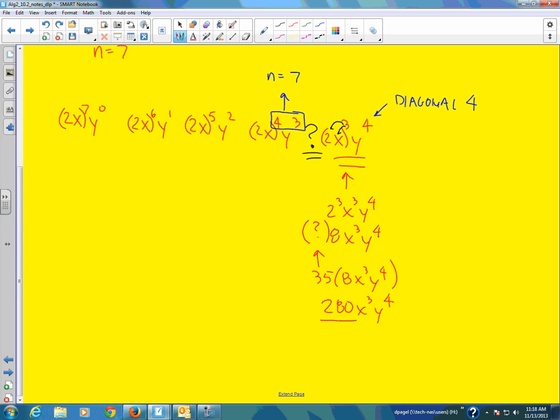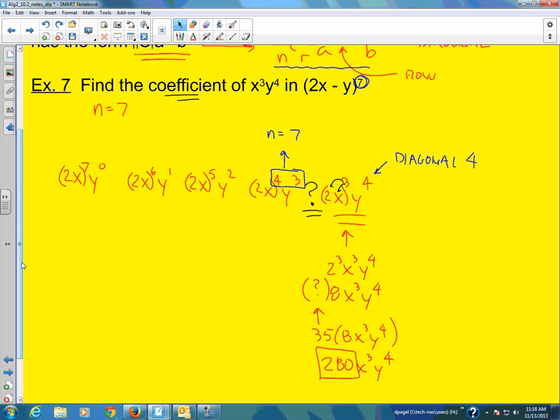The question is asking us for this. What is the coefficient that is parked out in front of our x cubed y to the fourth? And that's a quick way to do this without having to actually physically expand 2x minus y to the seventh out. I can just use the locations based off of r and n to figure out what I would multiply, in this case, that